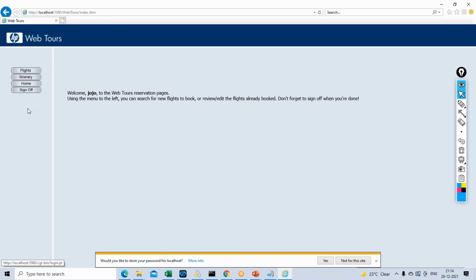So there should be some tool which should help us in understanding how this application is behaving, or how this application is responding when more number of people are accessing it, right? So here come the performance tools, like LoadRunner or any other tool.